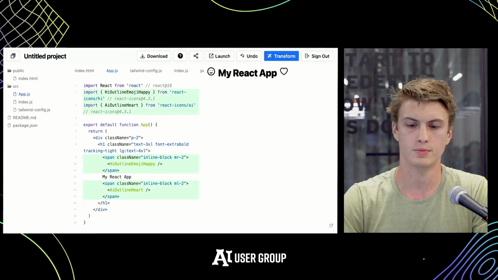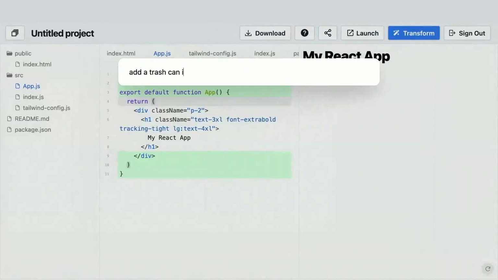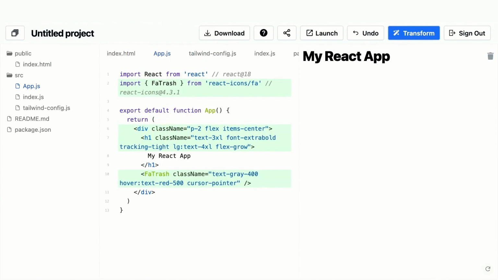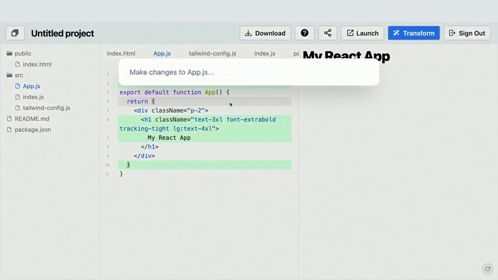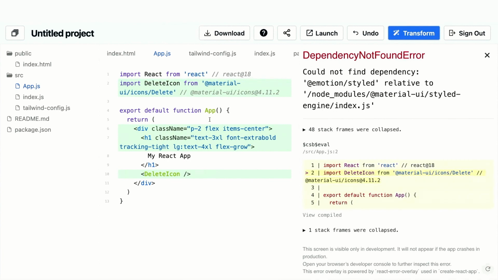And we can specify particular icons as well, of course. So add a trash can icon. And the LLM will decide which library we need. Here it is over here. We could also say, add a trash icon from material UI icons, which is another library that some developers would prefer. And in this case,